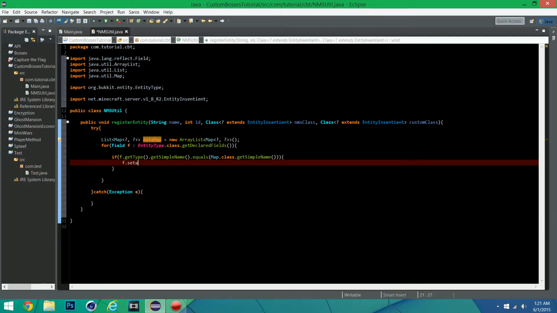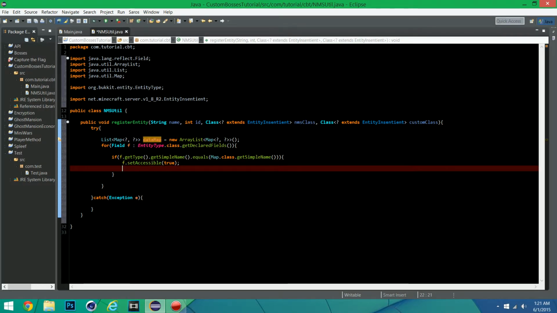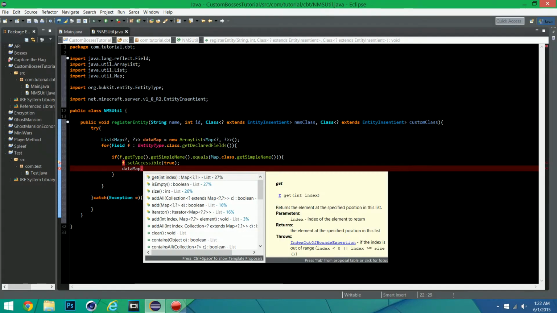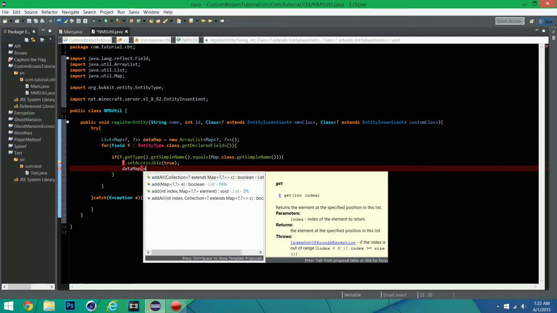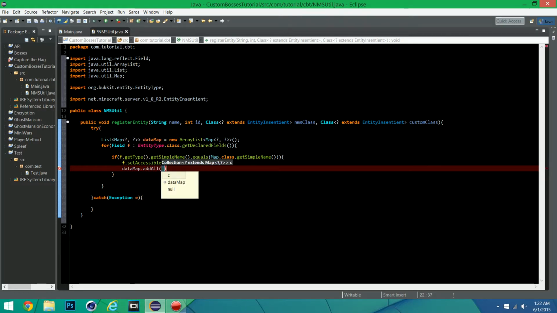Set accessible to true, and then we also need to do dataMap.add. We need to add a cast of map in here, so we're going to cast map onto